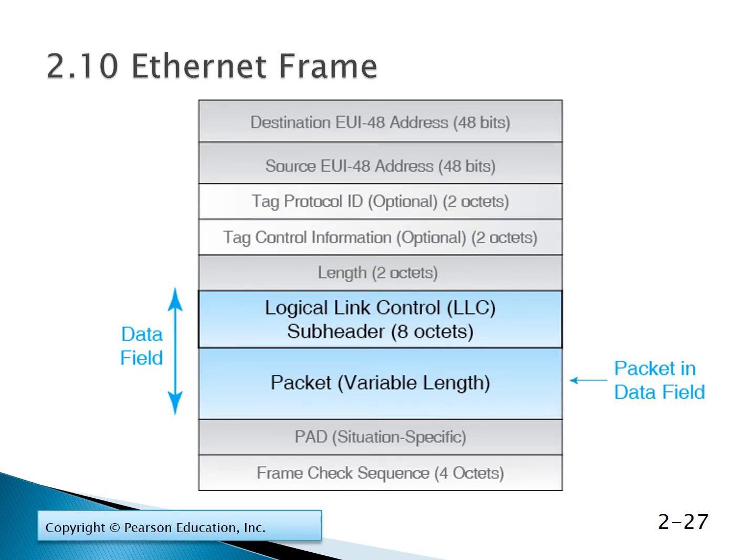Okay, and then you also have the data field here, which has a subheader, which is the logical link control. And then most importantly, you have the actual message that you want to send here, the actual data. So this one is actually the packet. So why do we call it a packet here? Because it's what we have at layer 3. So you will have the IP header. So it's the whole IP packet, including the source address and destination address for that particular